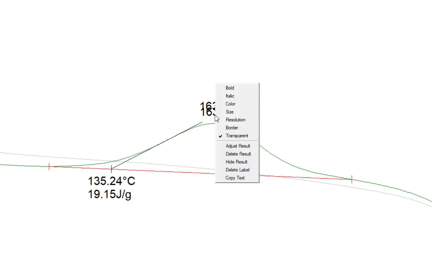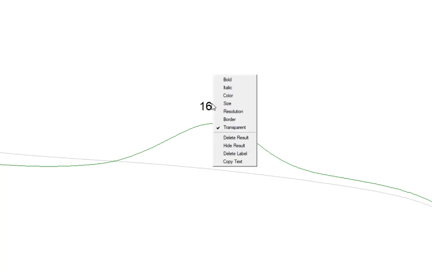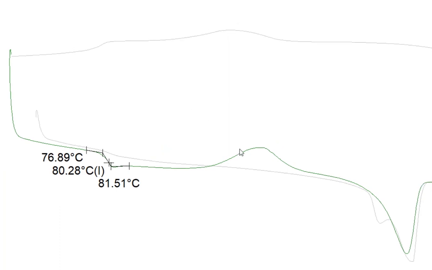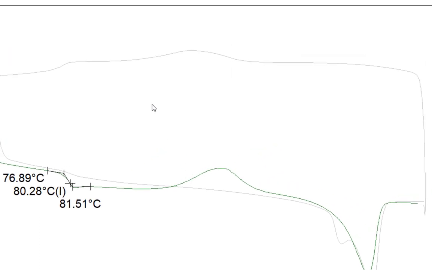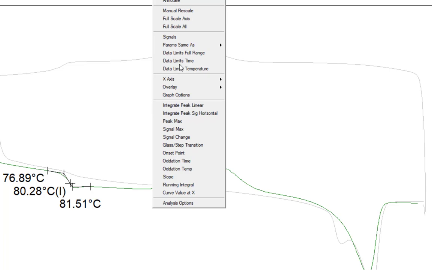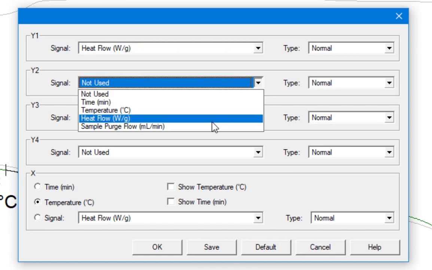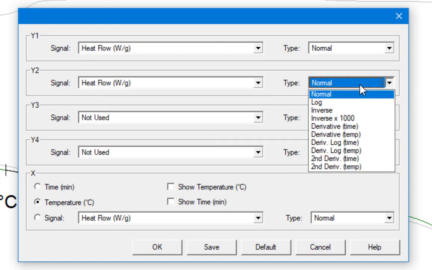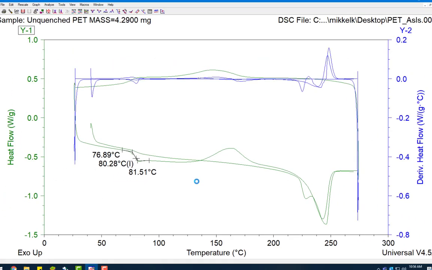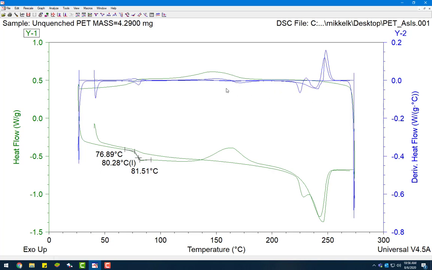So if I right click on one of these peak maximum values, I can hit delete, and I happen to choose the one for the integral, so I chose the wrong one. But one thing that I'll show you right now is we're going to right click on the plot, and this will help you with the integral. That's why I'm showing you now. And we're going to hit signals. And on Y2, we're going to choose heat flow, but instead of normal, we're going to choose derivative with respect to temperature. And then you'll be able to see the derivative values